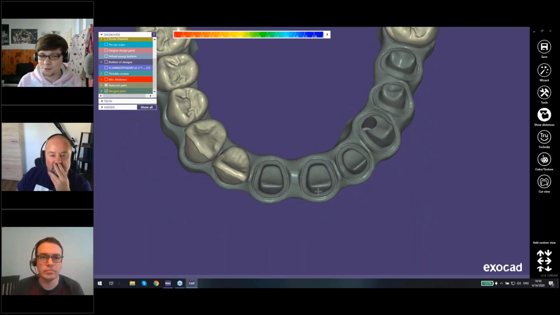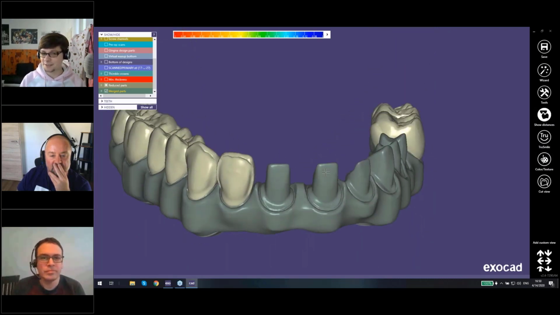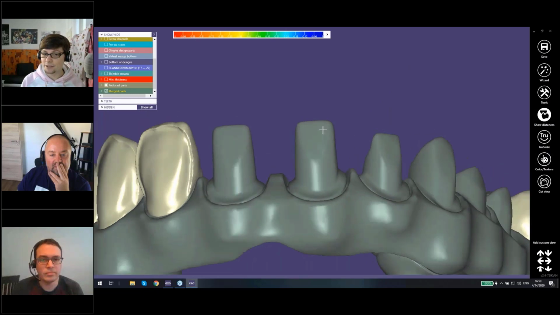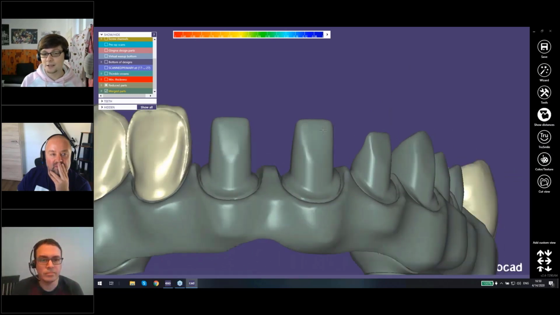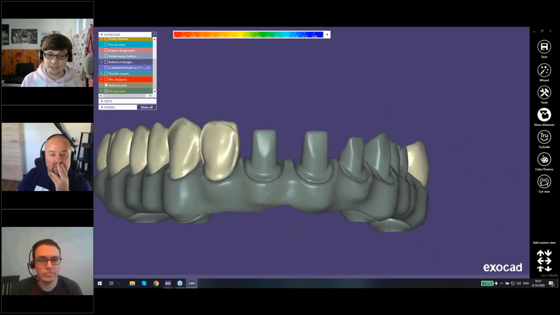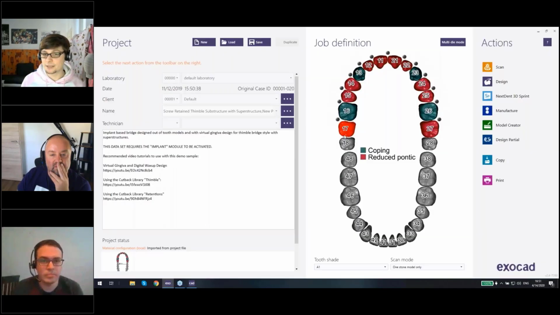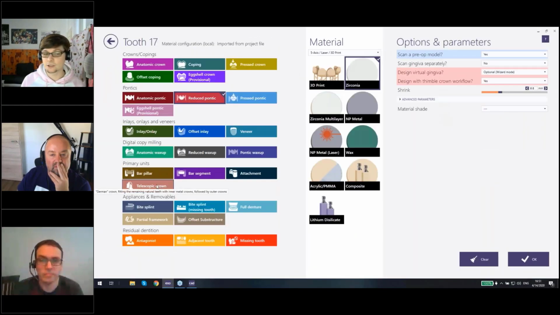I also don't really understand the reason. I think it's to create primary and secondary crowns in the same workflow. The thimbles themselves are not parallel. As you see, they're a little bit conical. So what I would recommend instead is to directly use the primary telescope, the telescopic crown workflow, to design your primary